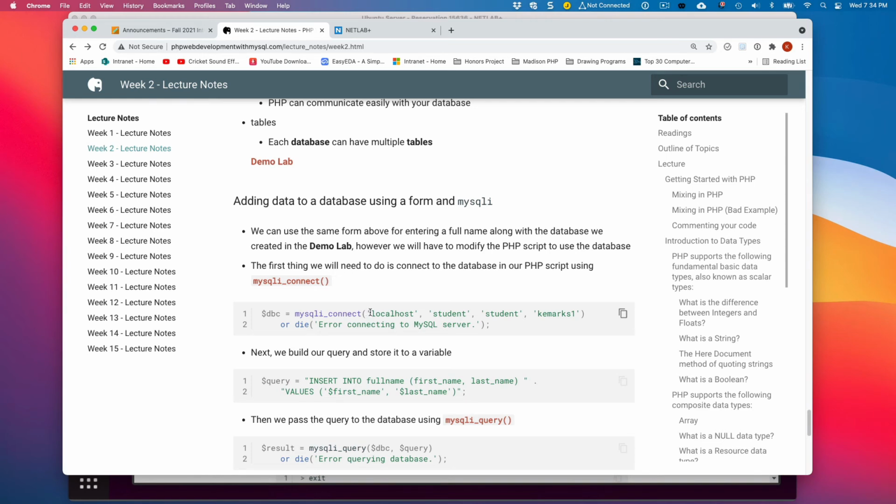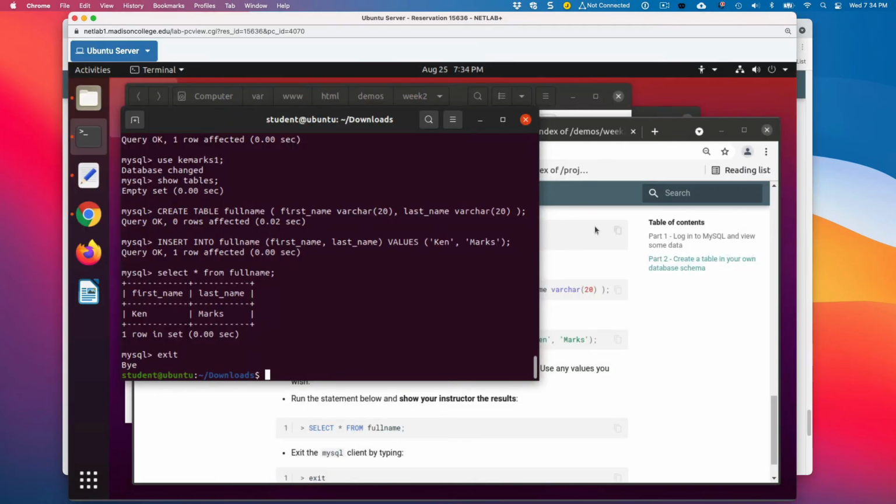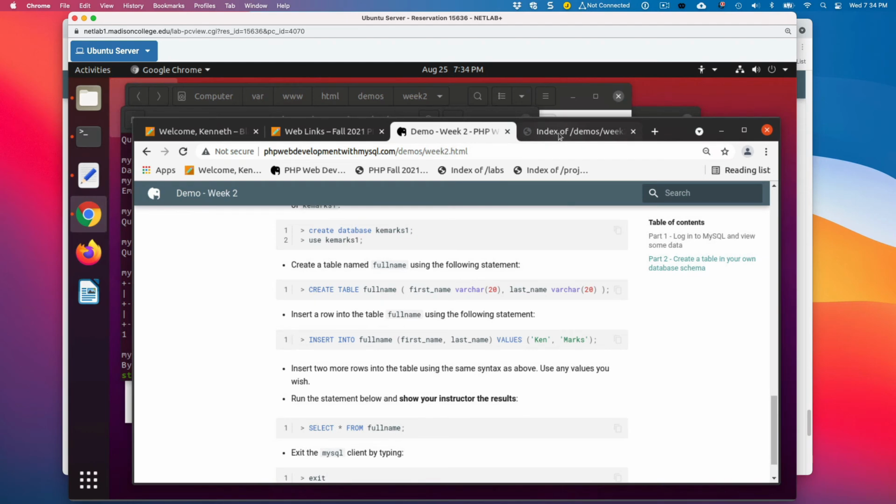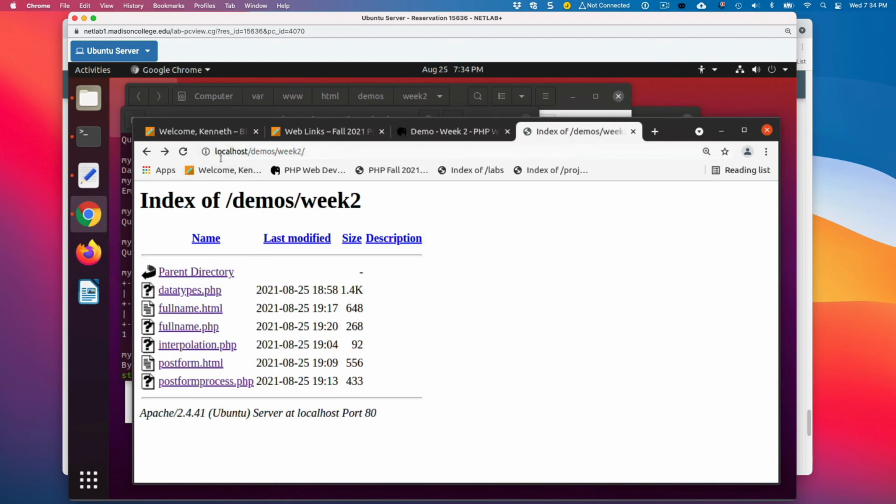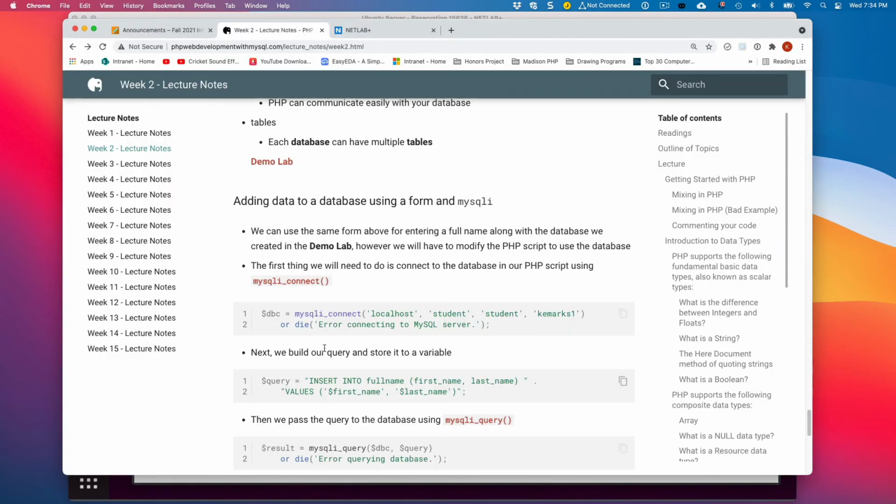They're strings. So the first parameter is the URL, or the location of the database. We're working on our VM, and that's going to be localhost. So everything, if we go back over here to where we're running, it's localhost. So that's our server name. That's where our database is also connected to. Okay, so localhost, and the credentials are for our student. So that's how we log in. The username is student, the password is student.